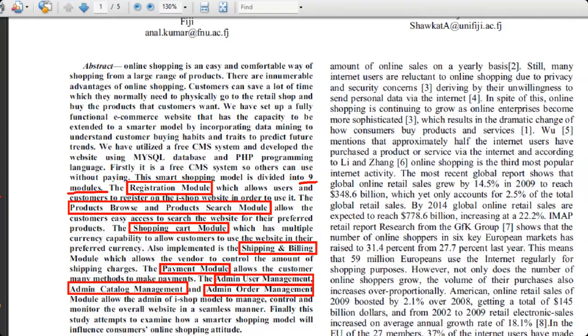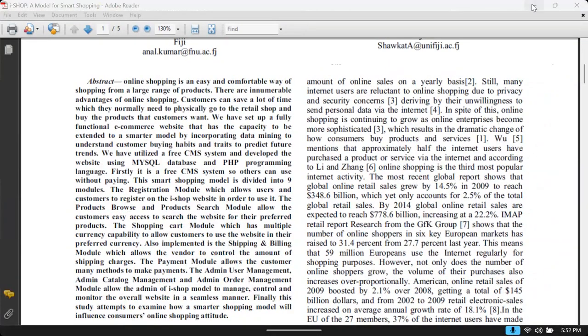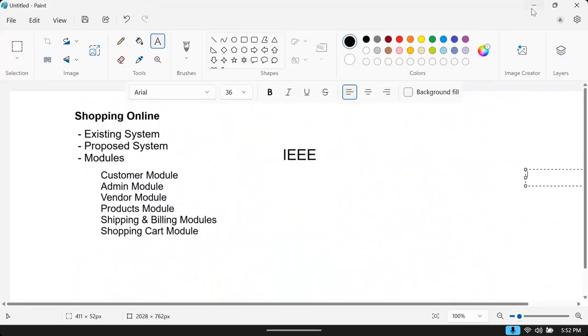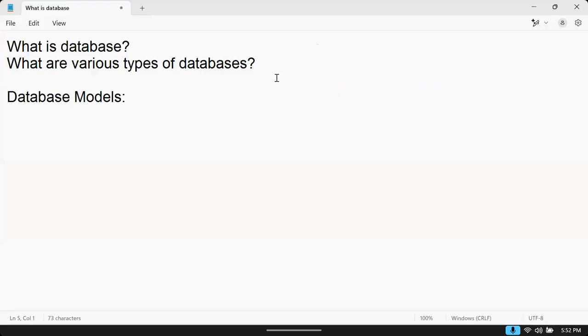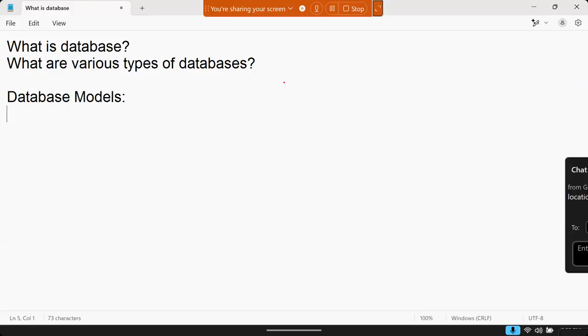And identifying the modules that need data and preparing a list of all those modules, we call that the conceptual model.